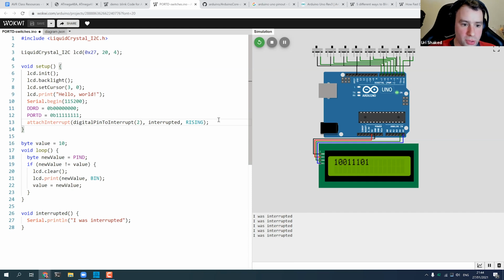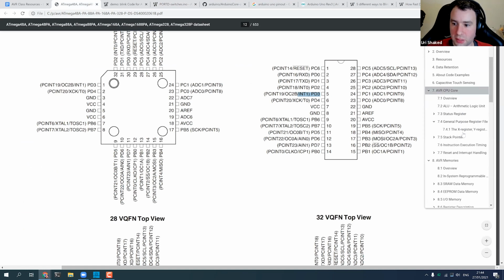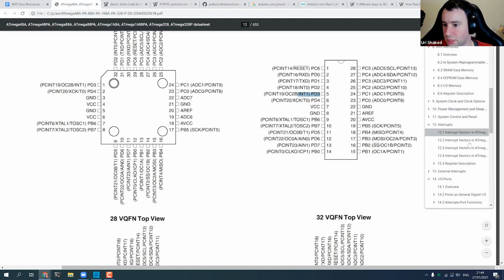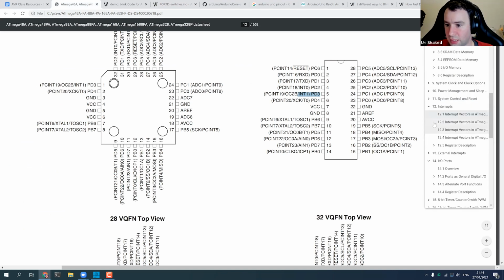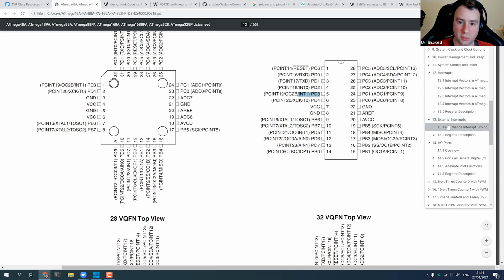And now I'm going to show you how to do it via registers, how to enable this interrupt and act upon it. So if we go back to this section, there is a section about external interrupts. So int0 and int1, those interrupts that are associated with the pins, are external interrupts.